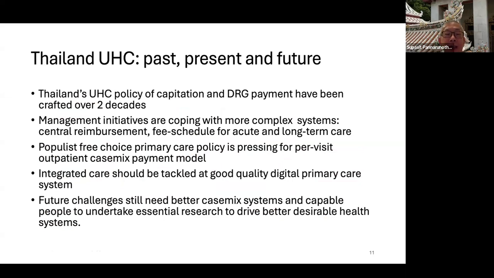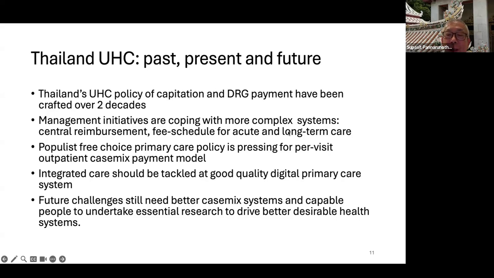Over 20 years, almost 30 years of research on the DRG, and it has been put into practice for over 30 years. The DRG payments are still going on, and capitation payments are still going on. But in the management of universal coverage and payment, the National Health Security Office in Thailand created a lot of management initiatives